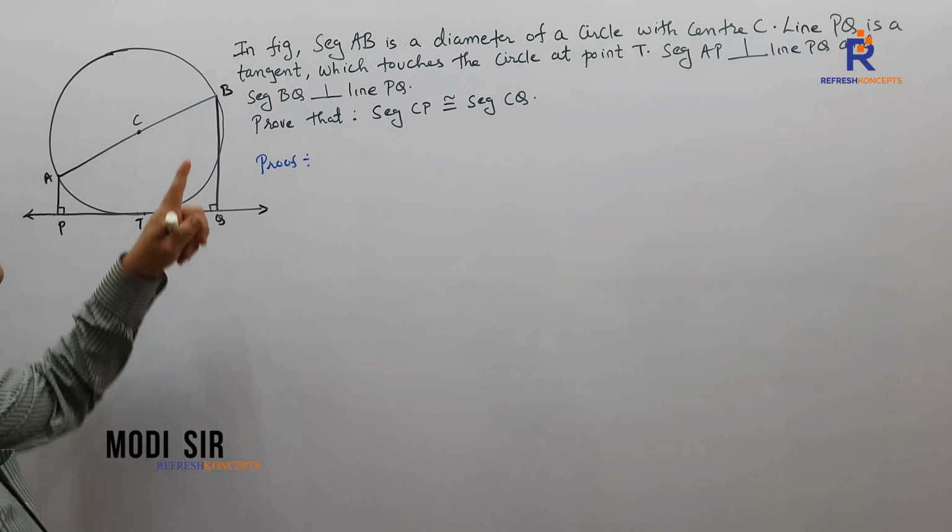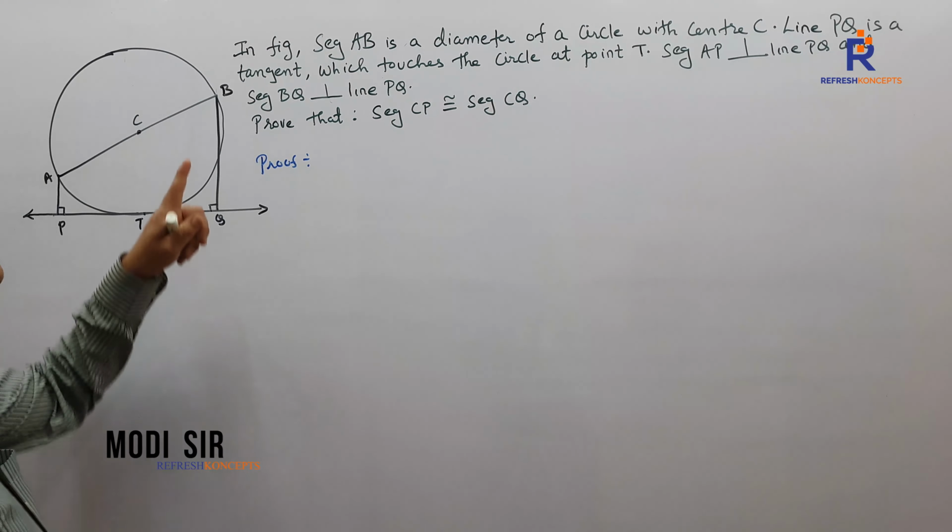What do I get from equations 2 and 3? Can I say AC by CB is 1? Therefore, PT by TQ is also 1. And when PT by TQ is 1, PT by TQ will be 1 because AC by CB is 1. TQ goes there. PT is equal to TQ. This is what my equation number 4 is.